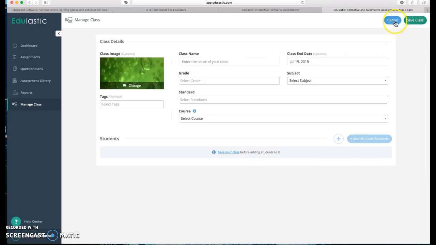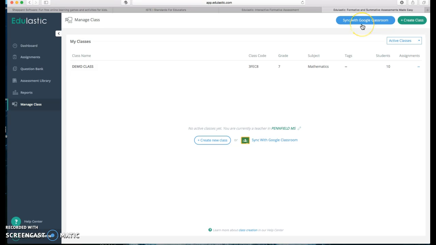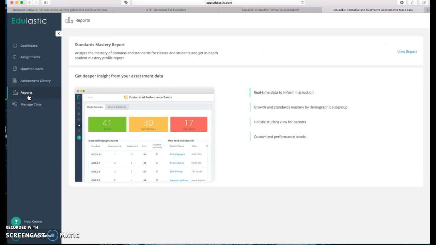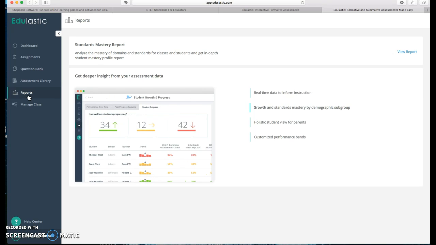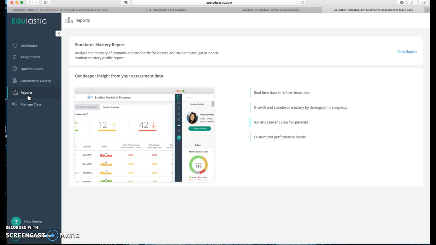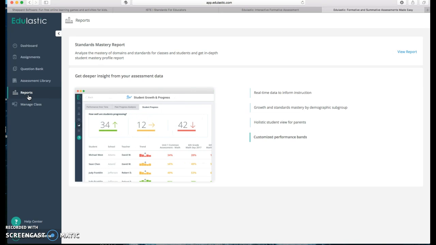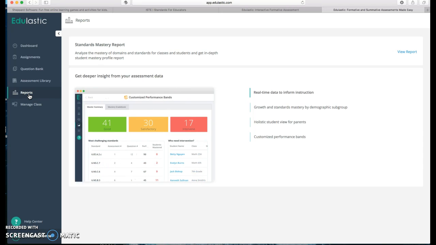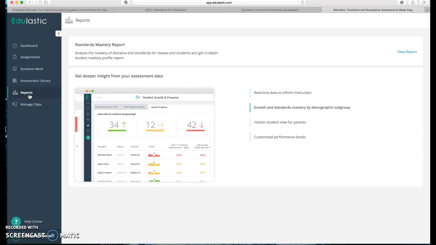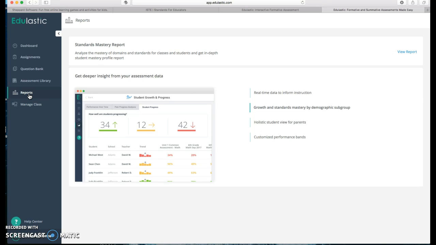can hand input everything. Or you can sync with your Google Classrooms for those of you who are in districts that have Google Classrooms. This will input all of your student data, which is important because as students complete assessments, Edulastic does generate reports linking how they do on questions that are tagged with various Common Core standards and showing you trends such as how many they got correct, what they're still working on, and what they definitely need work